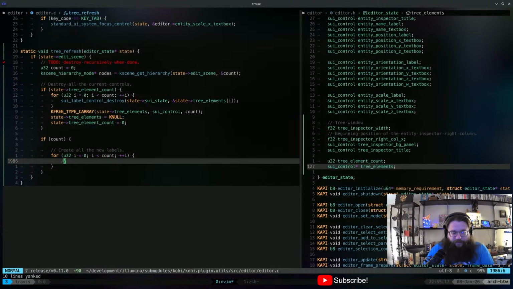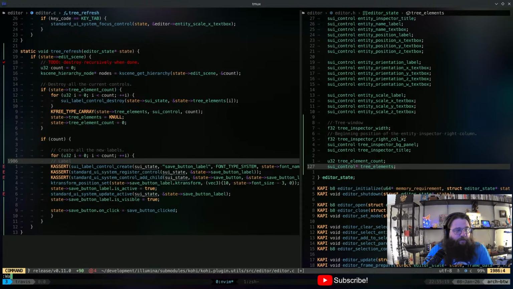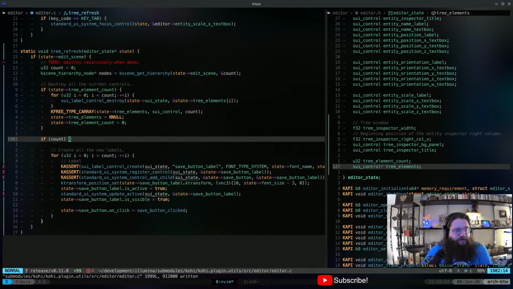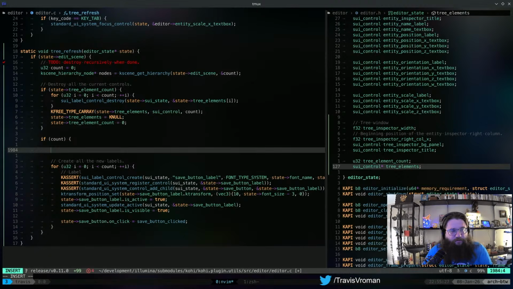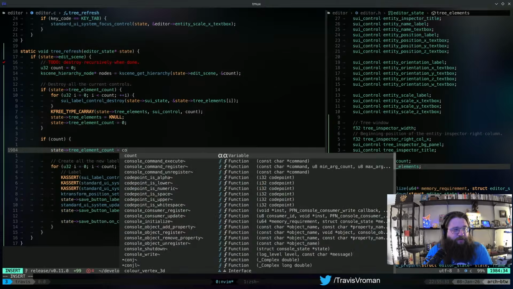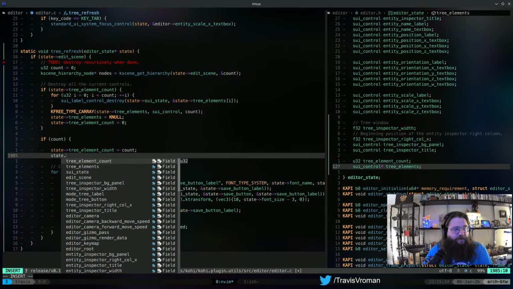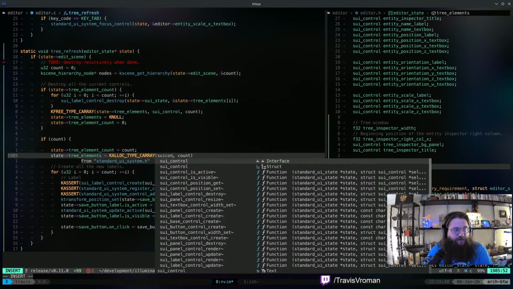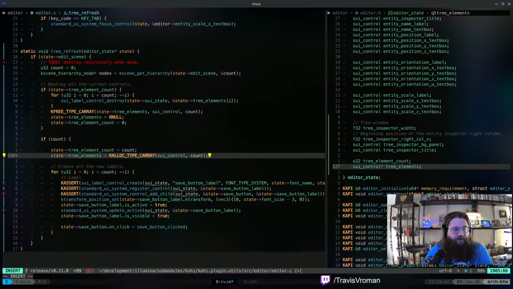And we're just going to paste this in here. Okay. And before we actually do this, we need to create an array of those things, right? So we need to say state tree element count equals count, and then state tree elements equals KLXC array SUI control count.